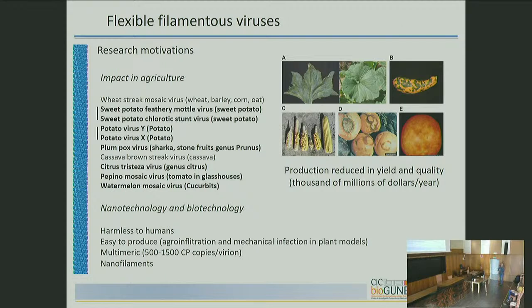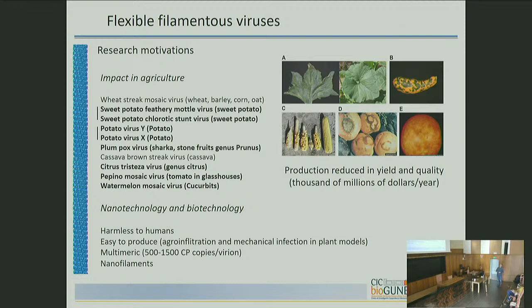I can go through a lot of different diseases that they can produce in agriculture, but I just want to highlight some of them. For instance, a combination of two viruses from different families in sweet potato. This is relevant in Africa because they have outbreaks of the viruses, and it's really a disaster from the humanitarian point of view, because sweet potato is the main source of calories in some countries. In potato, the most important viral disease is caused by potato virus Y, which gives the name to the Potyvirus group. And potato virus X, this is a problem.